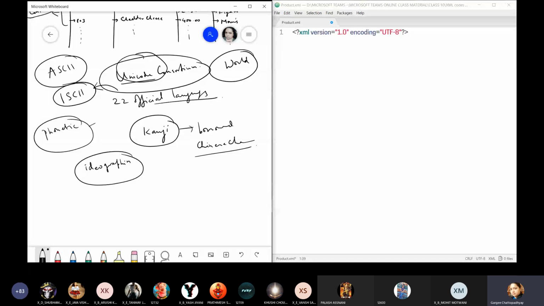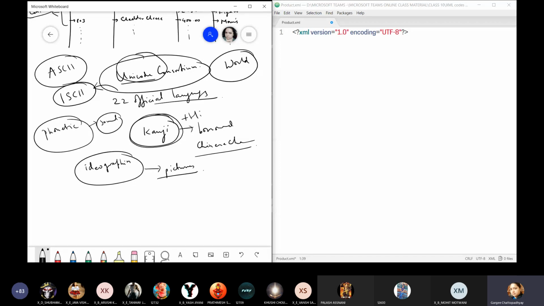Whereas these characters are formed on the basis of pictures, so they are ideographic characters. Japanese has borrowed around 2000 Chinese characters, which are known as kanji.